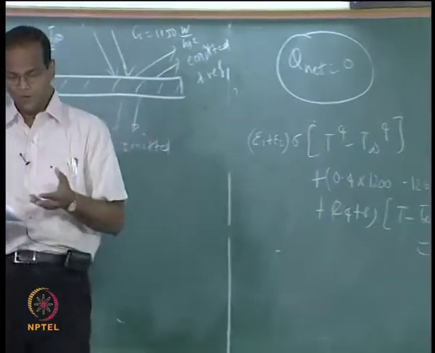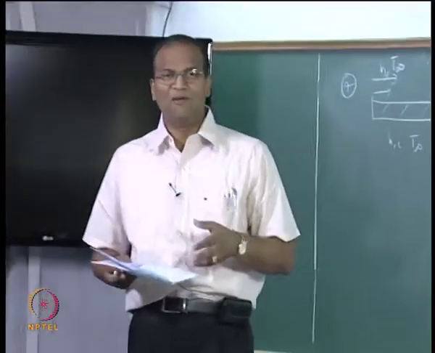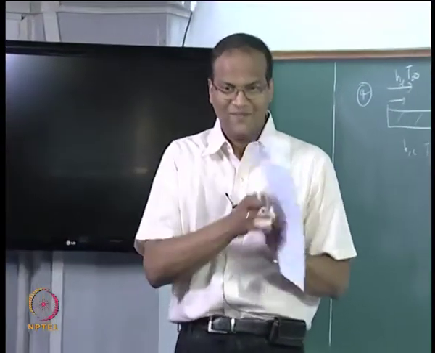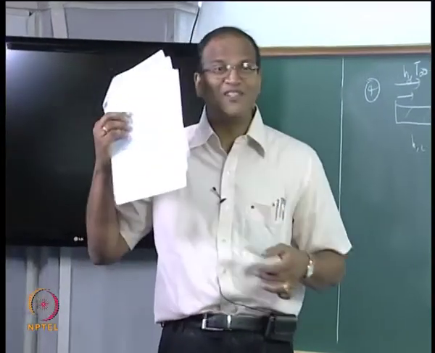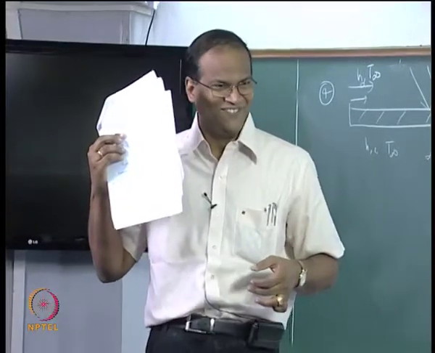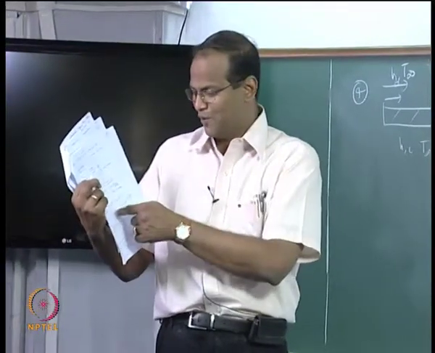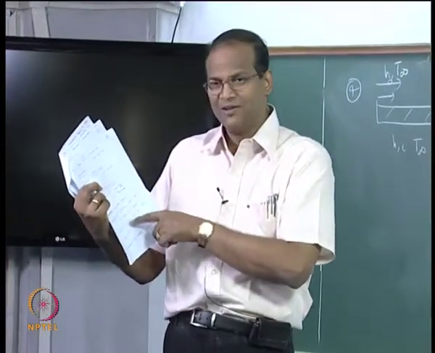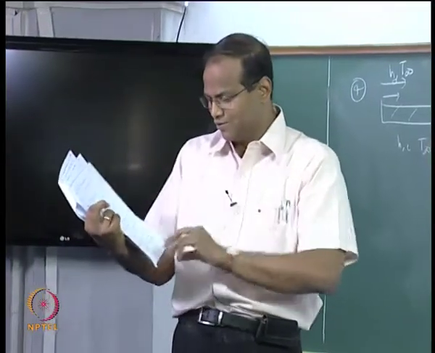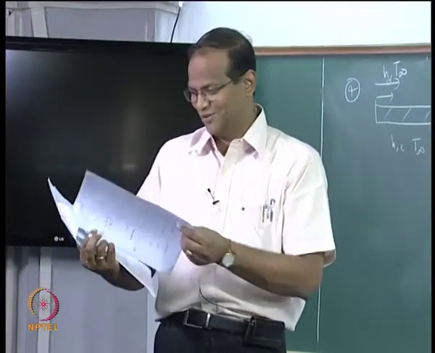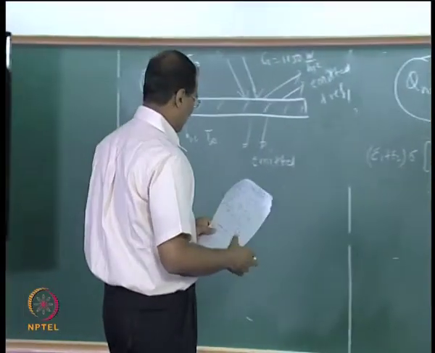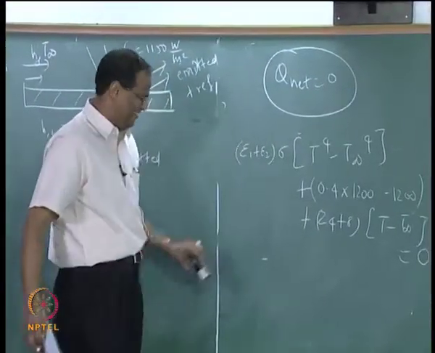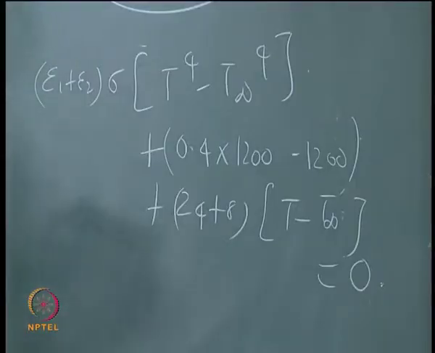In my notes I had 2 epsilon and all that, then when I was typing I changed. I had 2 epsilon and 1150, then I changed 1150 to 1200, but I got the answer for 1200 also. This is the way we set papers. Okay, fine. Now this is a nonlinear equation.